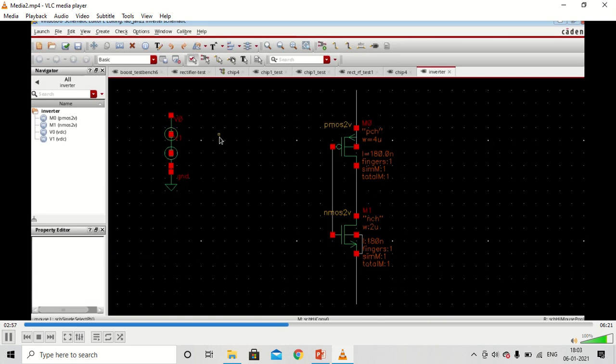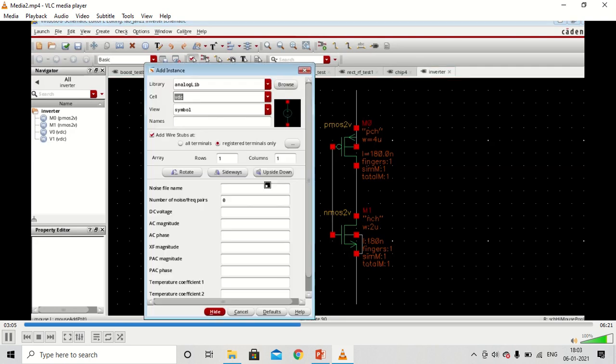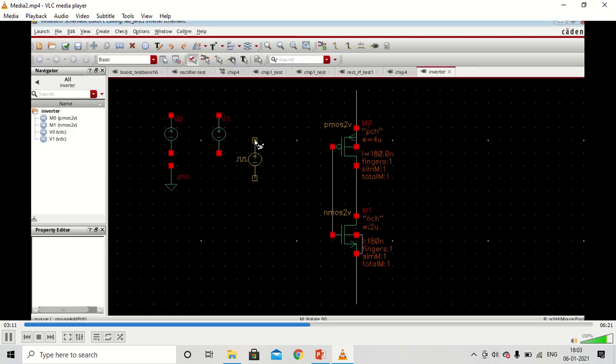We'll require another one, so we'll use one DC source for ground and another one for VDC. We also need a V pulse, the pulse generating signal, and we'll place it here.